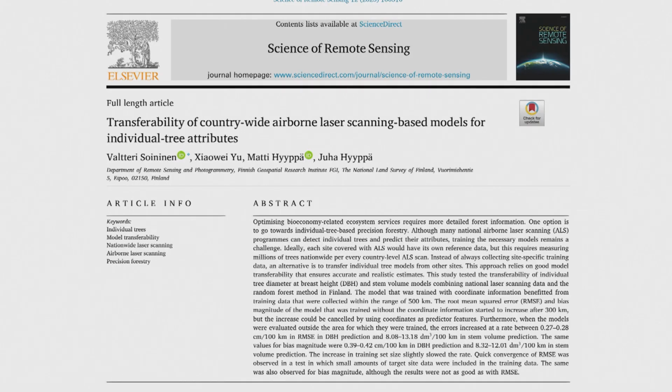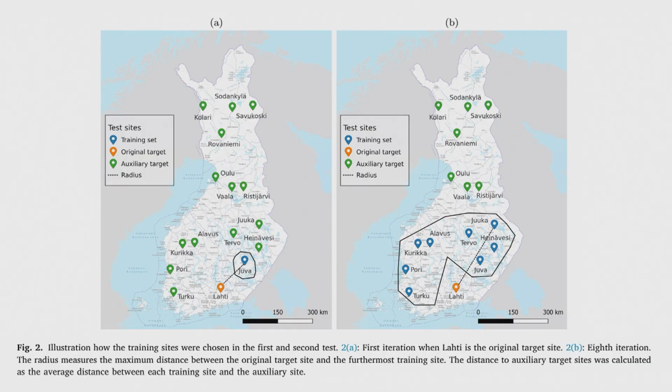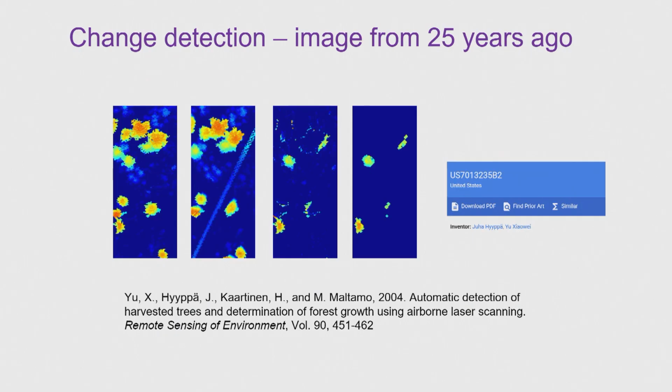This transferability has also been studied in more detail in another paper, and you are welcome to go there. I'm sending most of my slides to you if you like. And here is the strategy we thought to do: if you are, for example, studying this Lahti region, you can use the nearest area, or you can use all the southern Finland data, and we are studying these kinds of scenarios. The reason why we do this is that instead of the forestry center measuring 3 million individual trees, we provide them some options, so that perhaps there are other options, though of course they have people to do it.